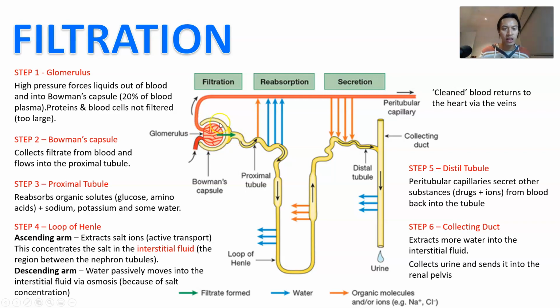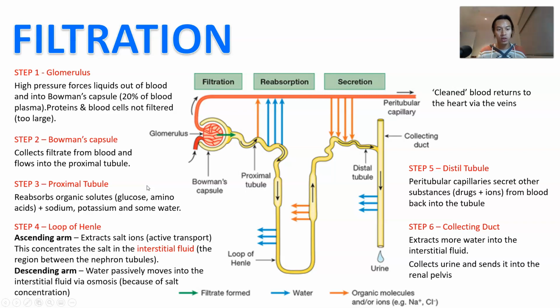The Bowman's capsule then collects that filtrate. The filtrate is what we call the material that's being filtered, and it's going to send it through the proximal tubule. It's called proximal because proximal means close. If something is in your proximity, it's close to you. So the proximal tubule is close to the Bowman's capsule, and the proximal tubule is going to reabsorb some of those lost solutes that are going to be useful for your body later on. So filtration happens here, and then reabsorption happens here. Okay,